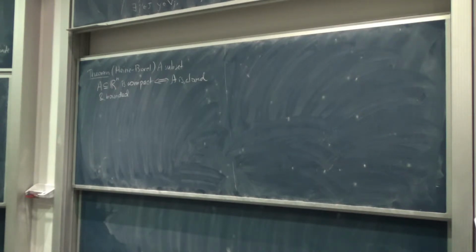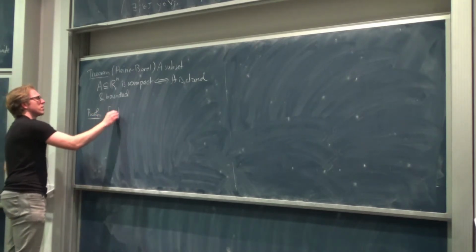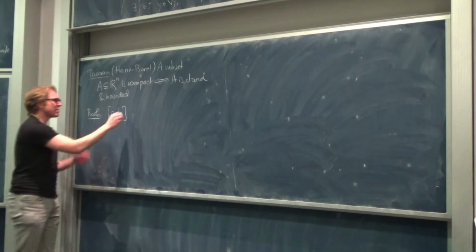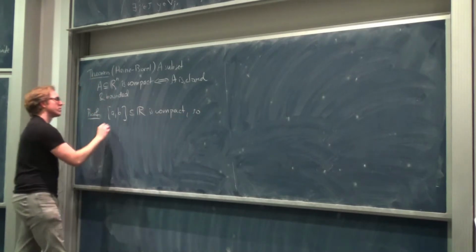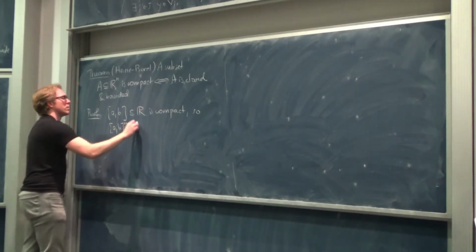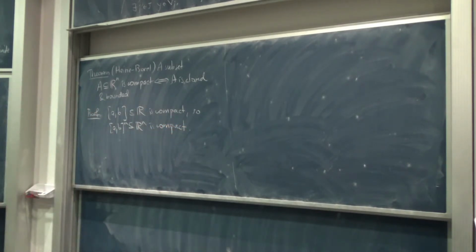All right, so I think you've all sort of seen this statement before. So how are we going to deduce it from what we've got so far? Well, the main point is that for any A and B, we know this is compact. So by the lemma, the Cartesian product of a compact space with itself n times, by induction, is compact. Okay, so that's what we're going to go on.